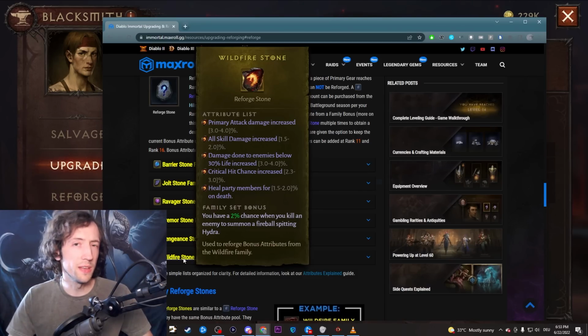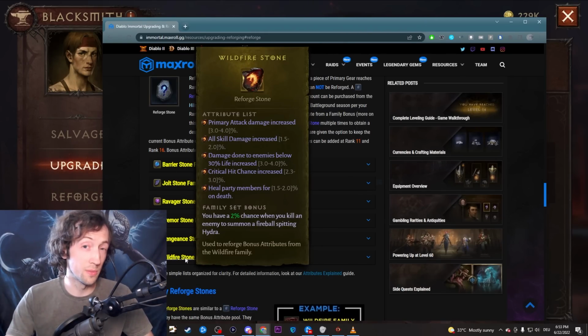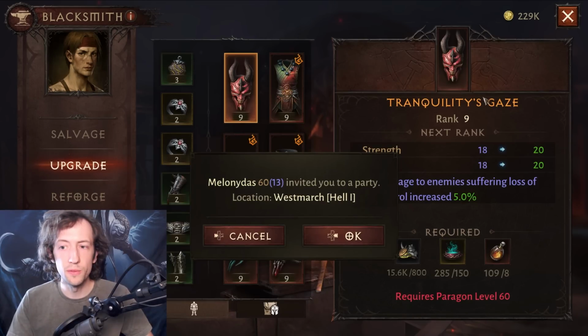So you have to think about what is your long-term focus with your character. What is the number one thing you want to do? Are you more interested in, for example, challenge rift pushing? Are you more interested in PvP? Are you more interested in just farming, doing your dailies, having some fun, slaying demons? And then you can slowly progress towards those triple stats from the same family on your items with those Reforge